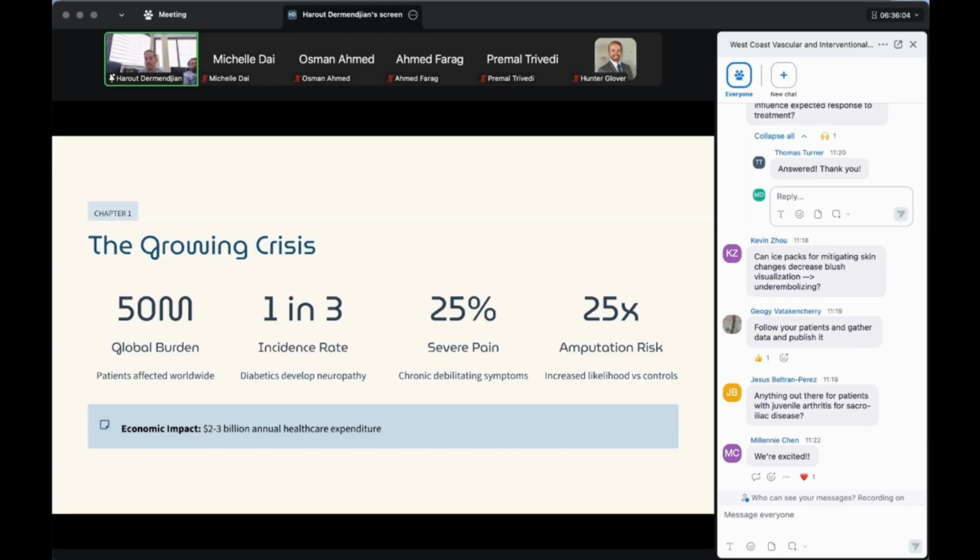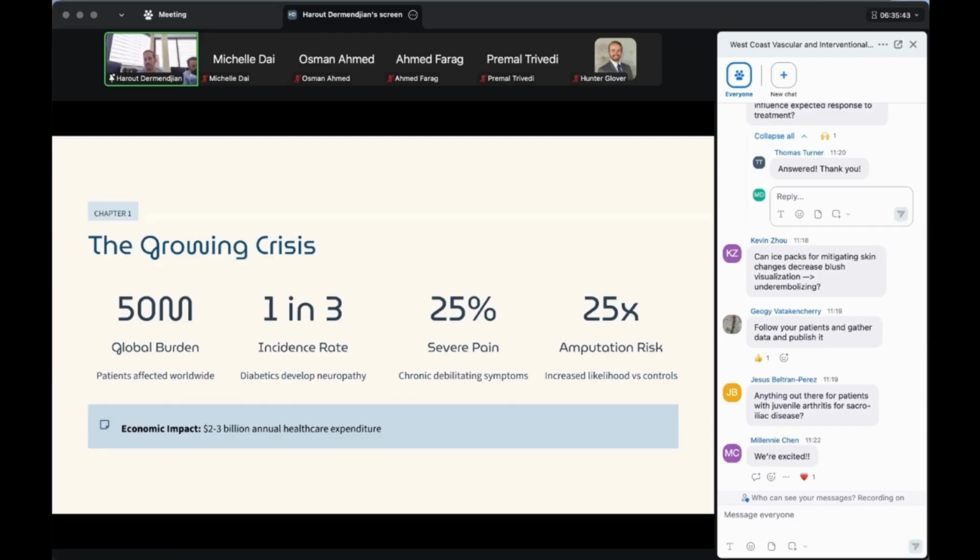And the diabetic neuropathy can also be painless and also painful. So those patients that come in saying they have burning, tingling pain on the bottom of their feet, about 25% of people with diabetic neuropathy have severe pain. And these are the patients that are always complaining. It hurts for them to walk, hurts for them to sleep.